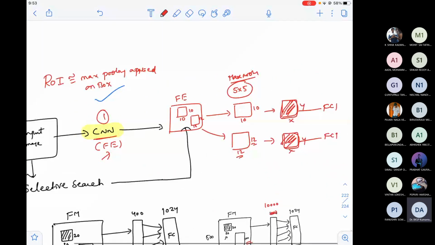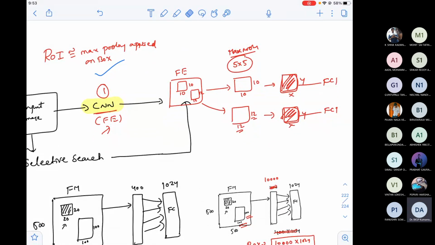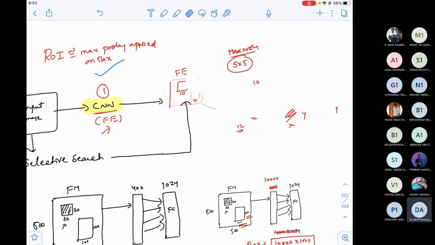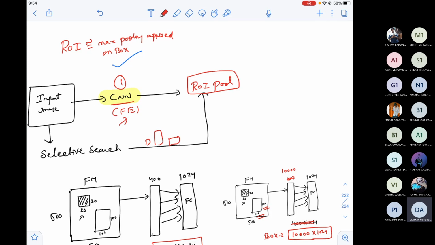Once I have ROI pooling, all these things can be erased, and if you see the textbooks, it is simply one box added as ROI pool. Now what exactly does ROI pooling do? It takes different sized boxes, and out of these different sized boxes, it will apply a max pool. ROI pool is basically a max pool applied on different sized boxes to ensure that all the boxes will have the same size. The output of ROI pool is multiple boxes of the same size.